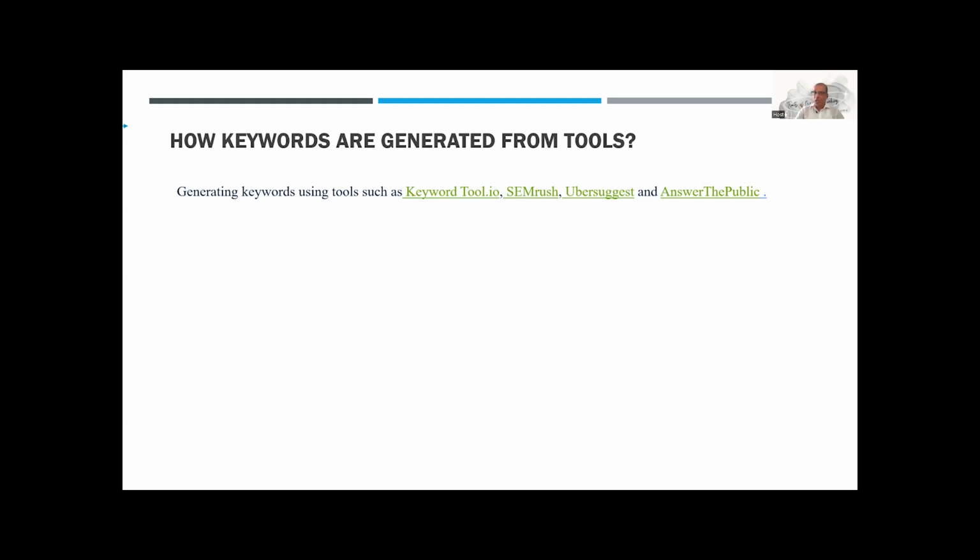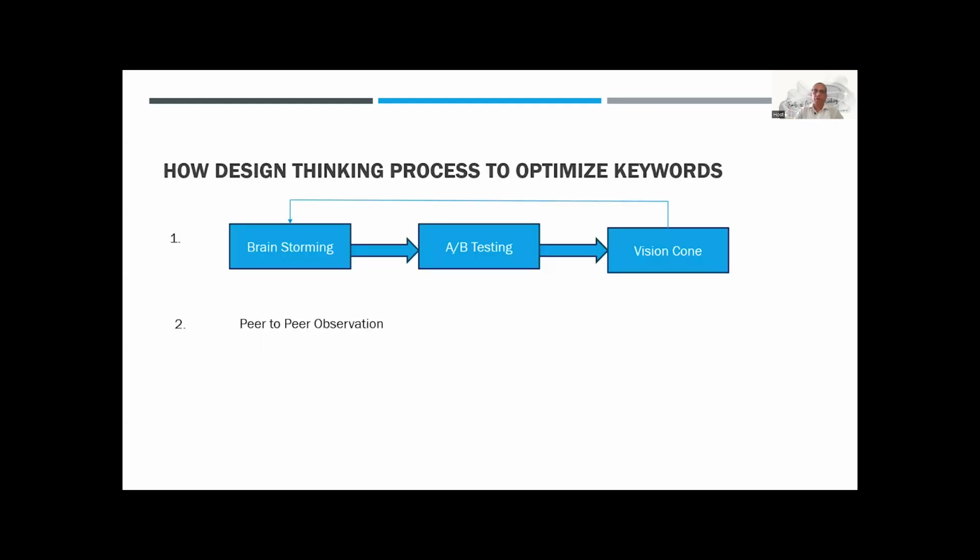So, the other way of keyword selection is an innovative way of doing that. And in this innovation, we have selected design thinking as a part of our process in selecting the keyword. So the first process engulfs 3 sub-processes in it. The first is brainstorming. What is brainstorming? Even though we will be going through each of the tools in a separate session or separate webinar or workshop, here it is at a very high level.